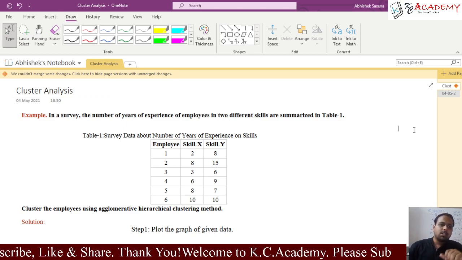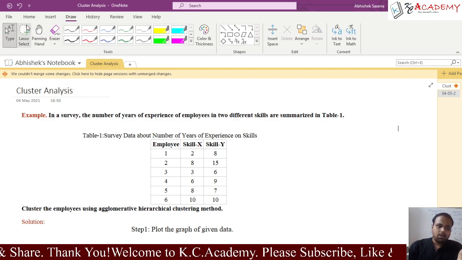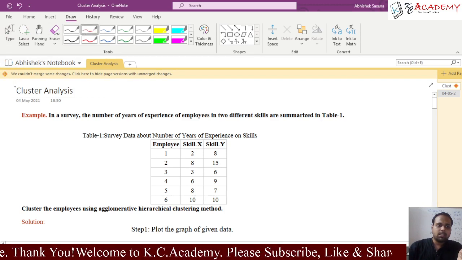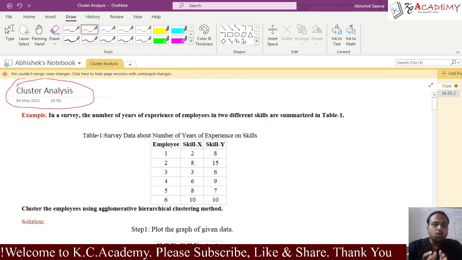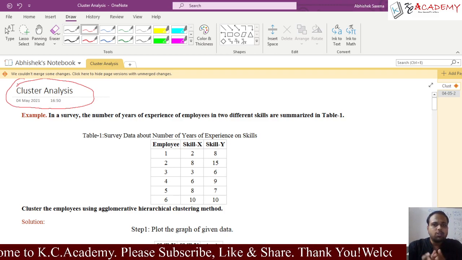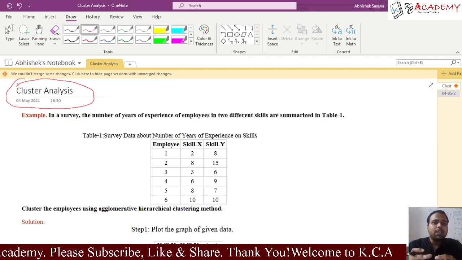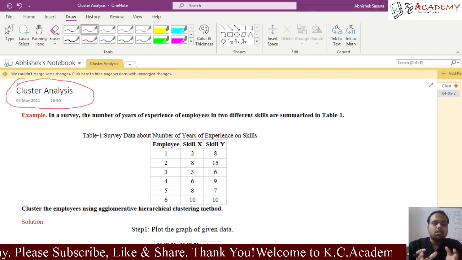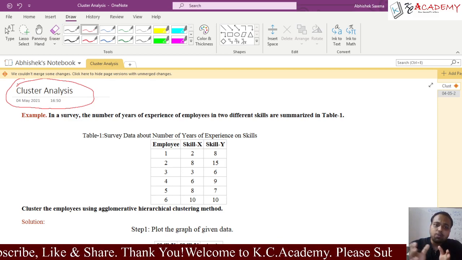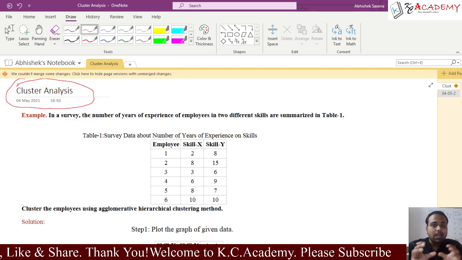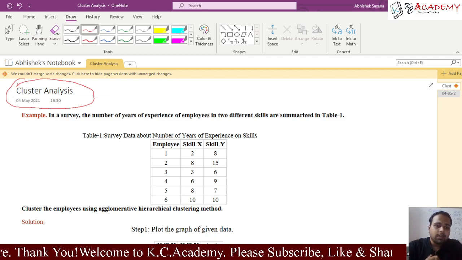So first of all, what is meant by cluster analysis? Just I would like to ask you, what is cluster analysis? It is to group the data. In a particular question we will have data, and that data we have to make into particular groups. I will call them objects. These objects I have to put in particular groups or segments, so that I can segregate the data into what is important for me and what is not important for me.